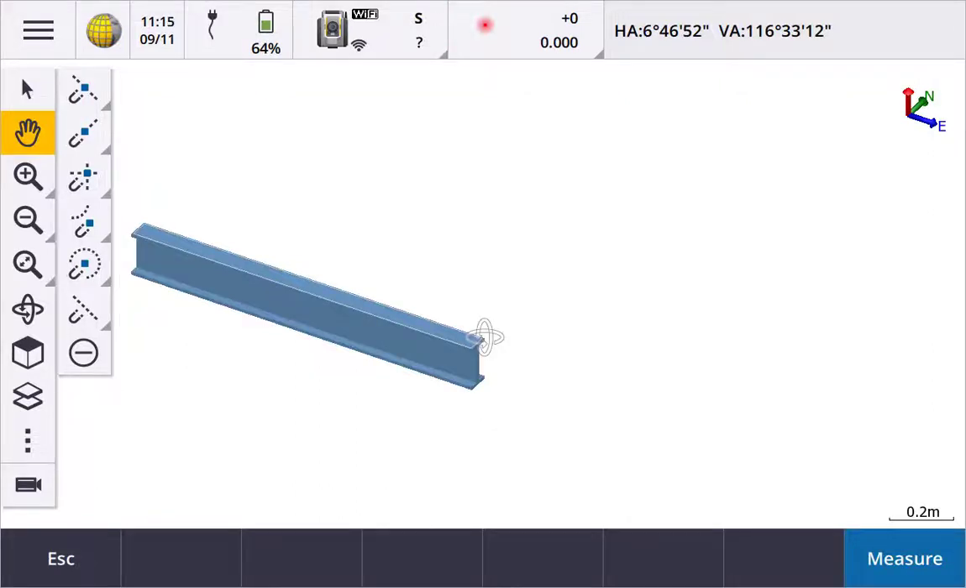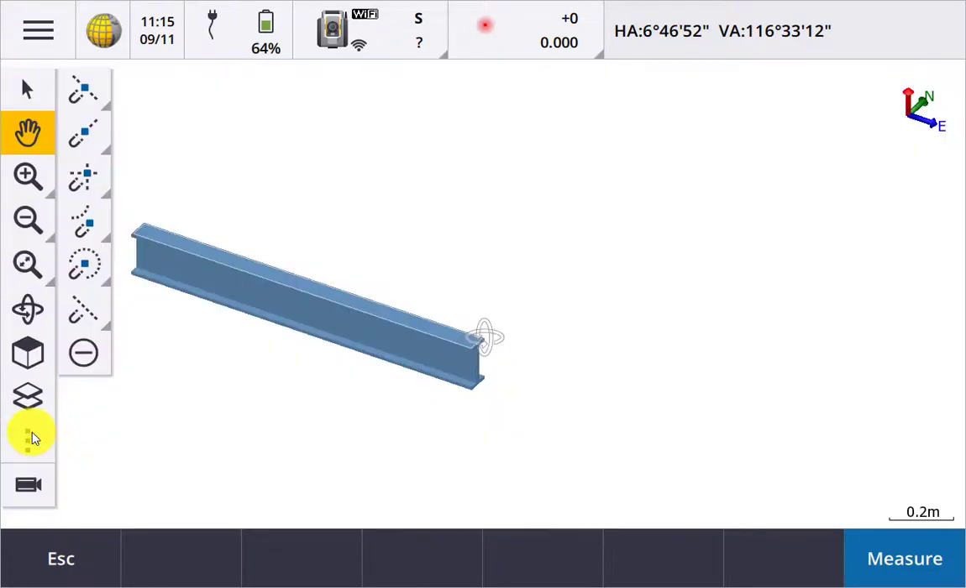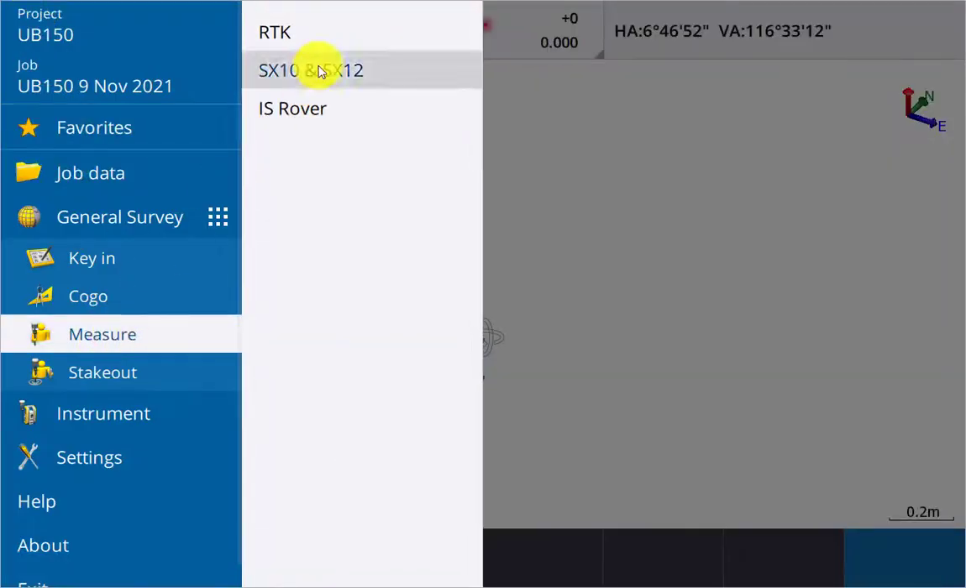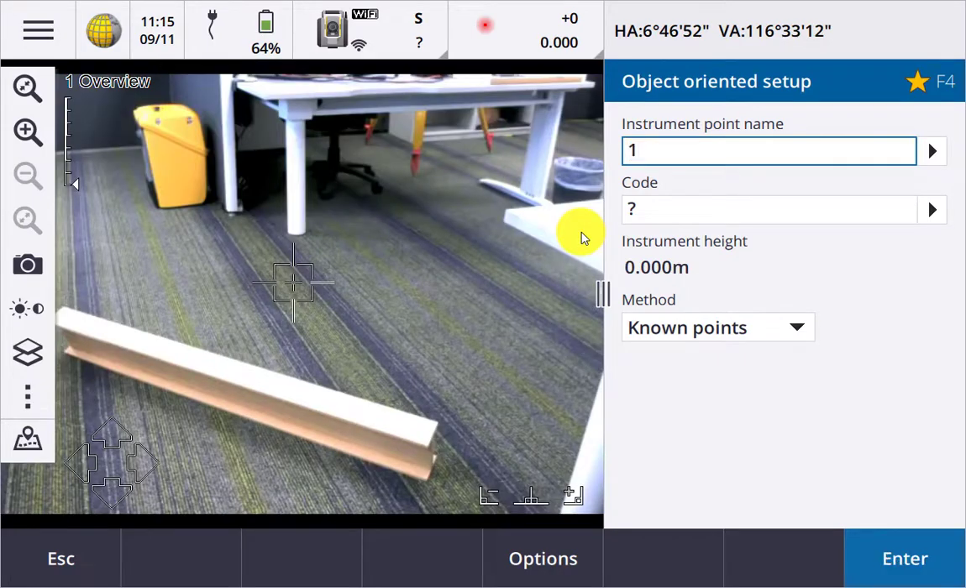Displayed in the map is an IFC model of a universal beam. Flicking to the camera view of an SX10 or SX12 is a physical model of that same beam. What I'm going to do next is an object-oriented setup and bring my IFC model in terms of